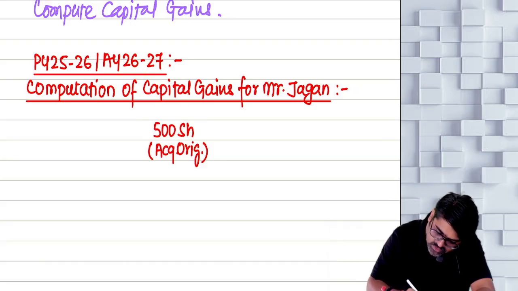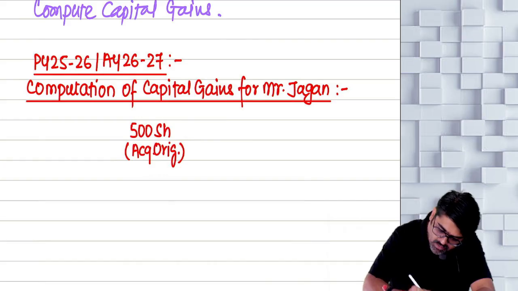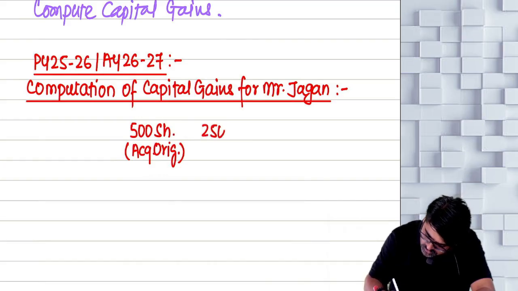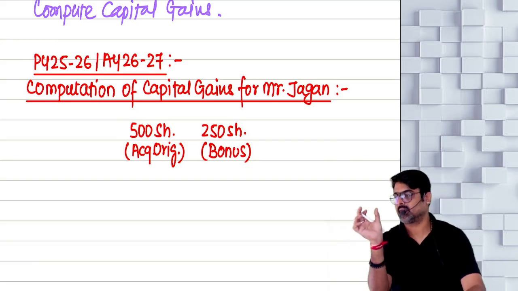Then based on these 500 shares he got what? Bonus shares also. How many bonus shares? So 250 bonus shares also he is selling. Bonus. Yes or no? Then based on this 750 shares he is getting a right